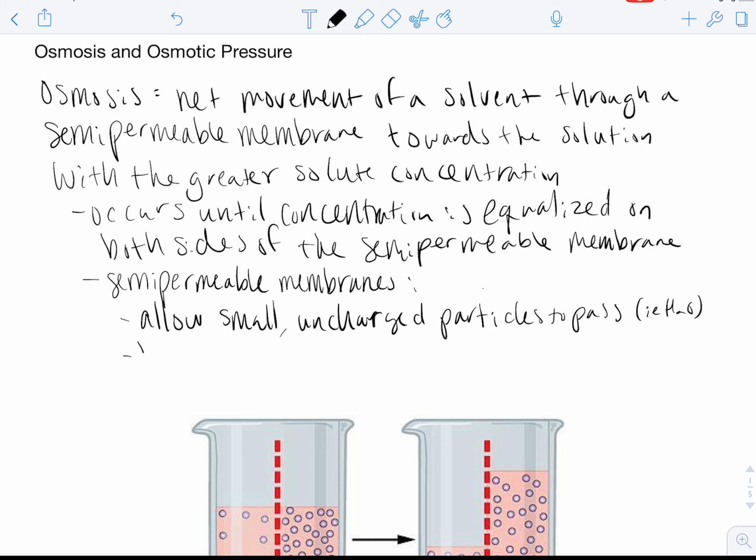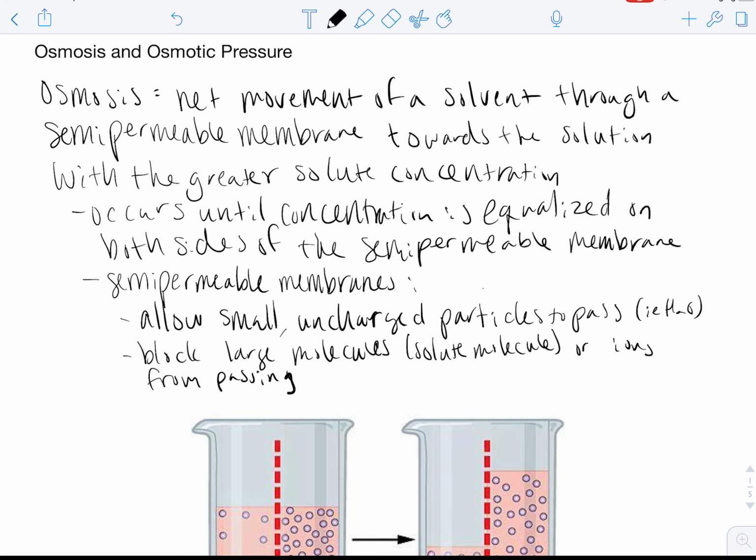They will block large molecules, such as solute molecules or ions, from passing